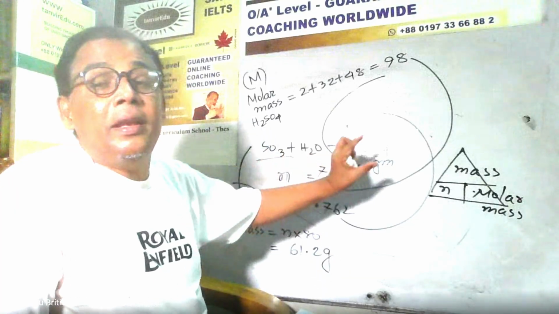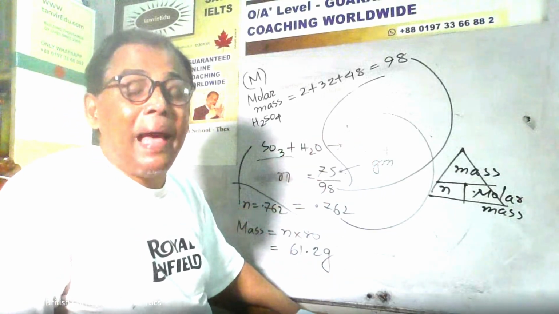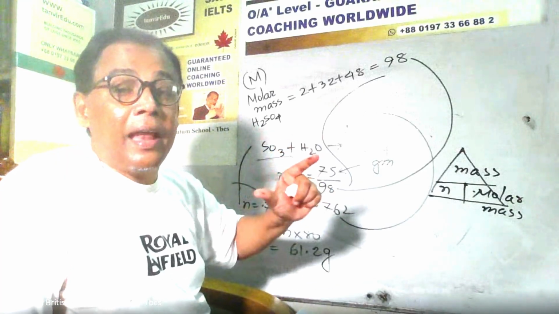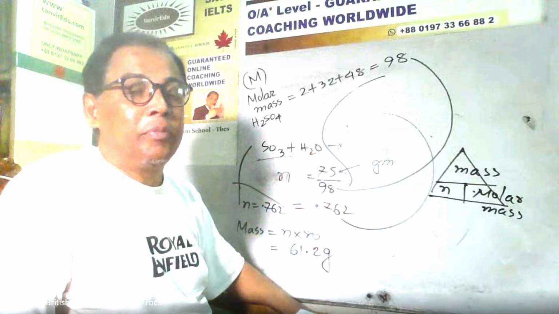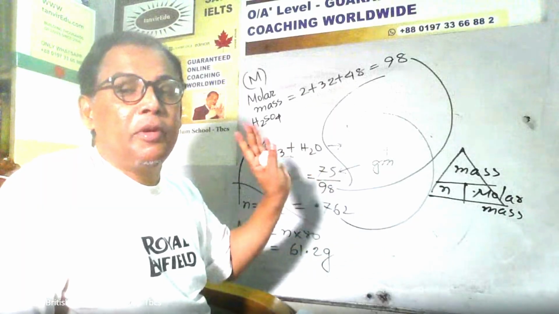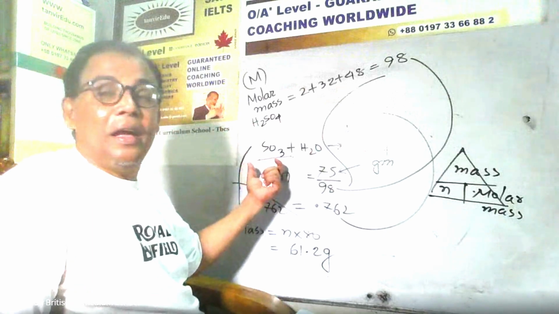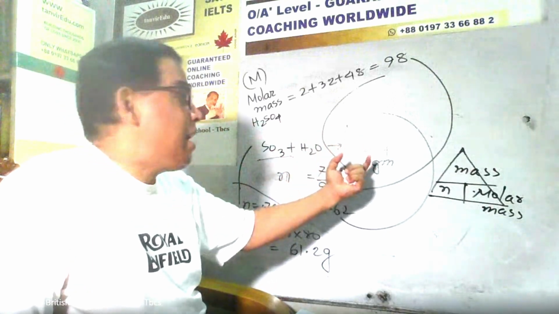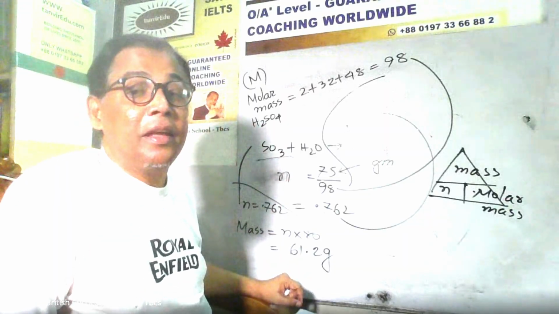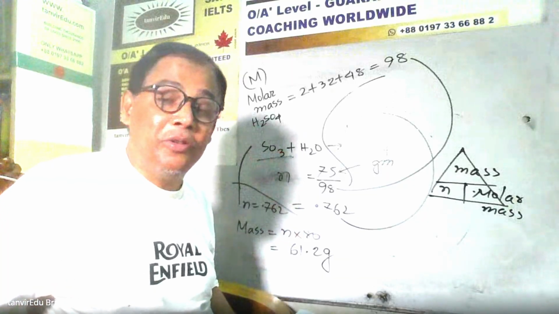So I'm just telling you, if the equation is given, imagine this is the factory reality. This is the proven equation. What is a balanced equation? A balanced equation is a proven reality from the factory. Every equation in chemistry has been established from the laboratory or from the factory. So from the given data of sulfuric acid, in this way, the mass of sulfur trioxide can be found. Thank you.